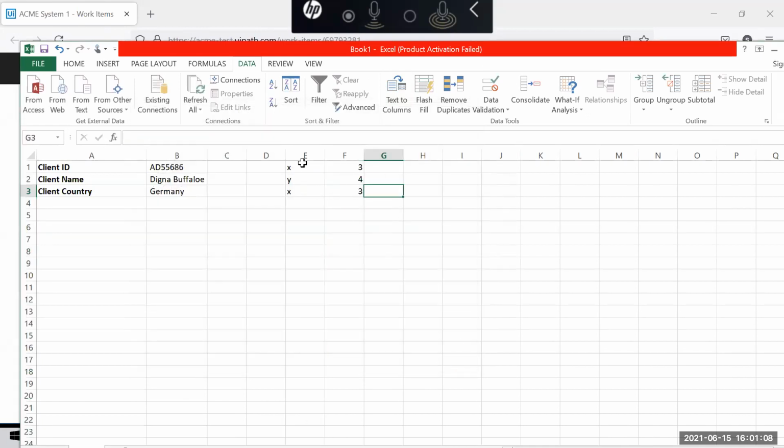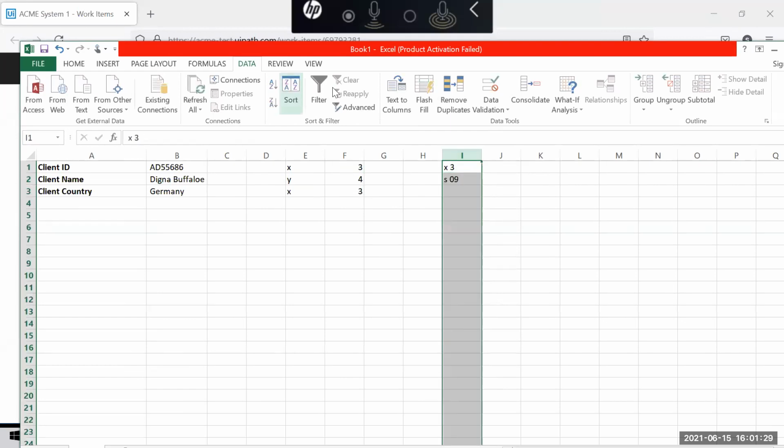Instead of giving equal to as the delimiter, if we give the space between them as the delimiter, the equal to will remain like that. Yes, that also you can do. So suppose this is x space 3.